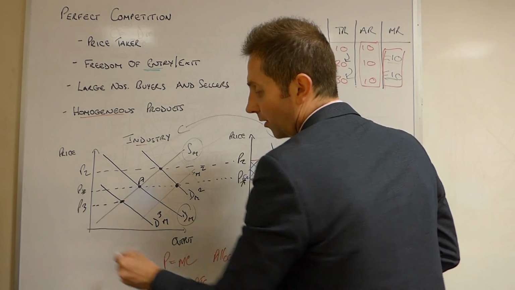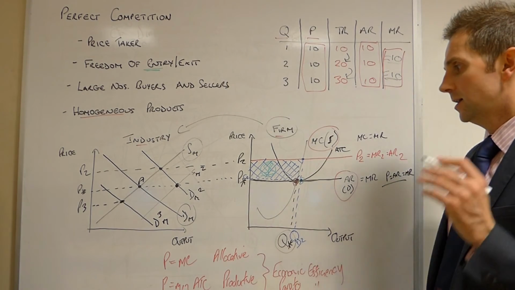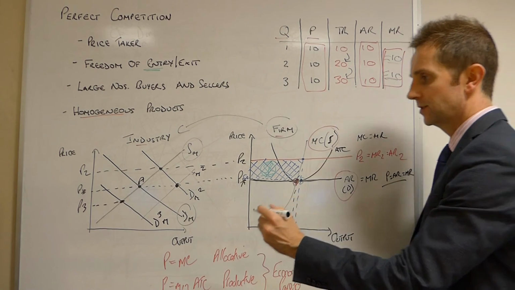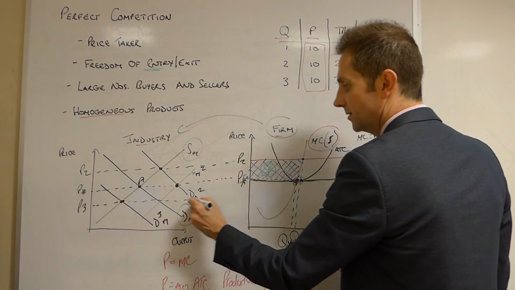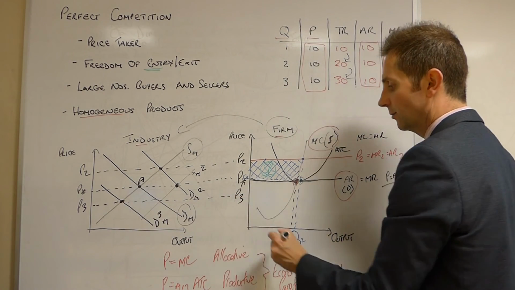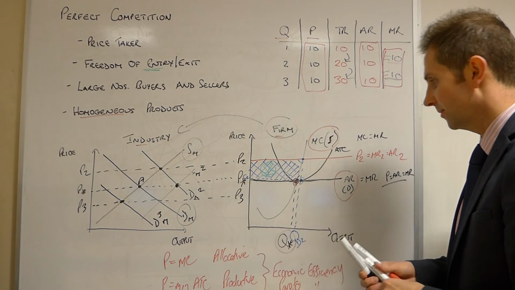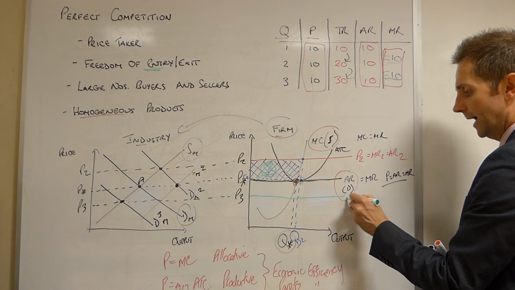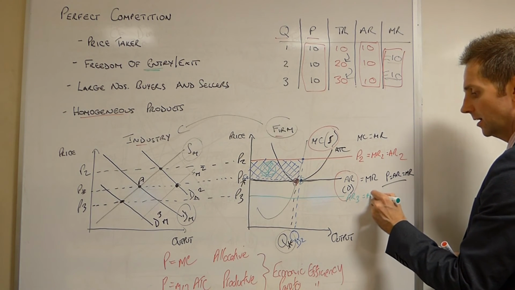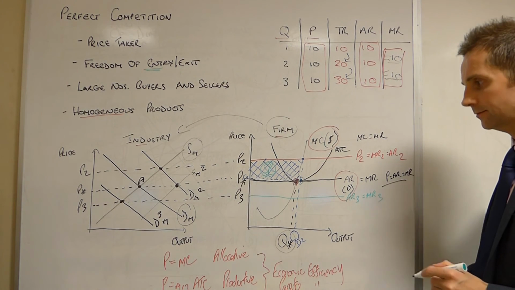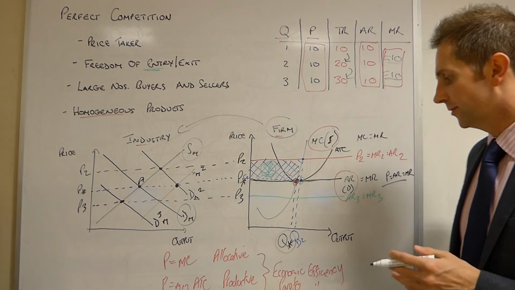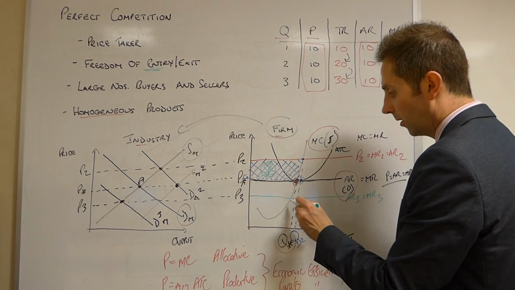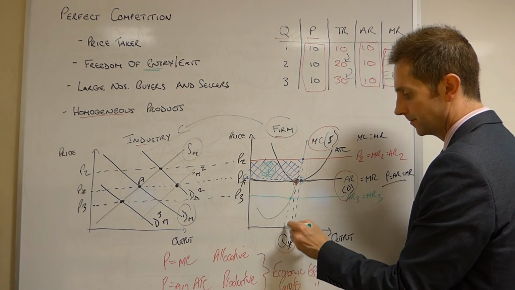So now I've got a new price point, P3. What can the individual firm do about it? Absolutely nothing. So they have to accept this new lower price, P3. And so now we have another new price line at P3 where AR3 equals MR3. And again, you do the same as before. So we say profit maximizing output rule, MC equals MR, which is here this time.